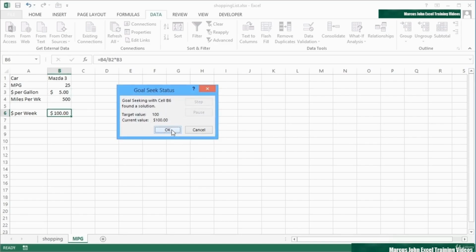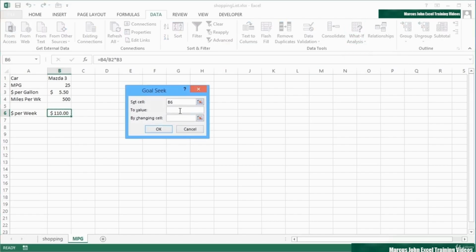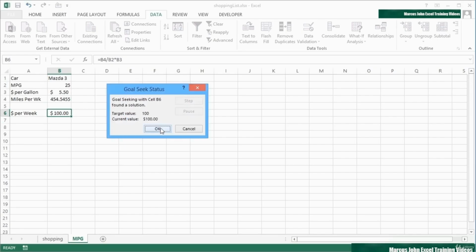I'll say, okay, comes to 5. So I need to shop around and spend no more than $5 on fuel, and I will be able to do my 500 miles per week at $100. Okay, let's undo, because we can undo Goal Seek solutions and run a slightly different option. It's still going to be targeting 100. This time we're going to change the miles per week. Okay, and it comes down to